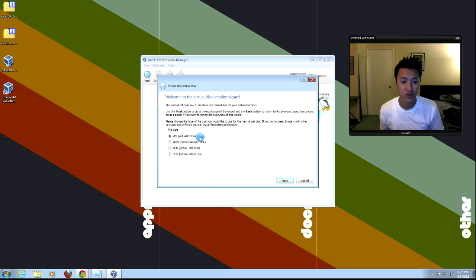And the VirtualBox disk image, this is basically that virtual file that they create, and this is most compatible with VirtualBox, obviously, because it's made by VirtualBox. But they also give you other options here: virtual machine disk, virtual hard disk, and HDD parallels hard disk. These are other software, so if you have other software on your machine, this will be compatible with that. But then also VirtualBox is kind of saying, hey, we're also compatible with these other